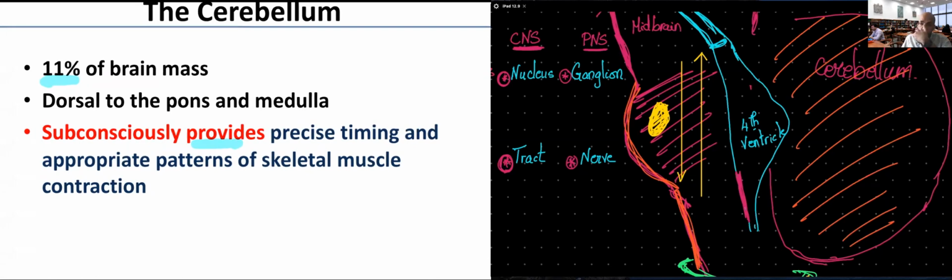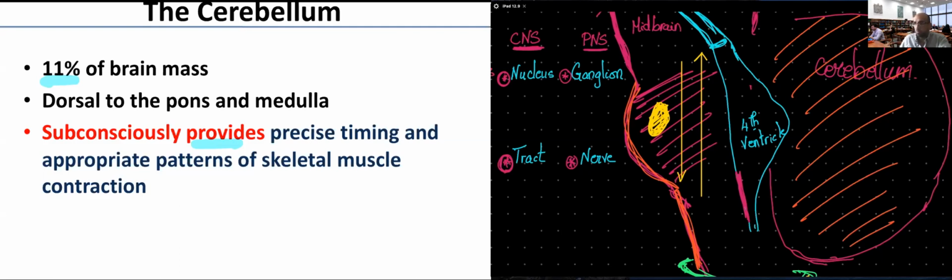So when you are walking, for example, do you decide how strong you should be contracting your quadriceps on the right side? How strong you should be contracting the gluteus maximus? What should be your arm movement when you are walking? Do you decide to do all those movements and the accurate timing of each of them? No, you don't decide to do all this. Your cerebellum is responsible to take care of all those muscle contraction timing and patterns of contraction